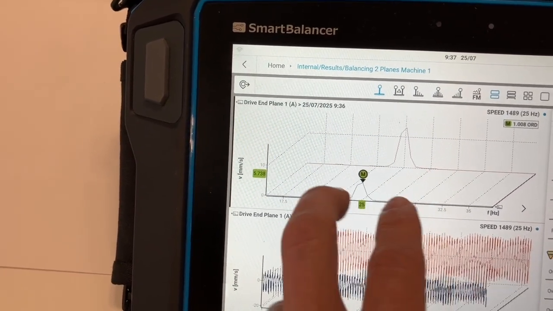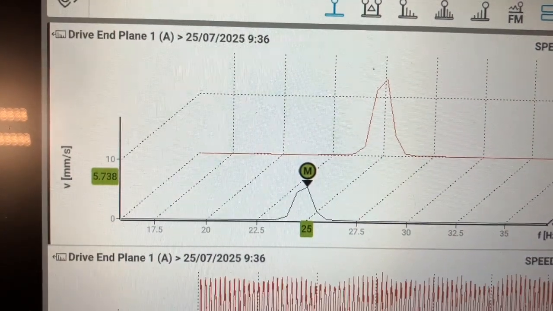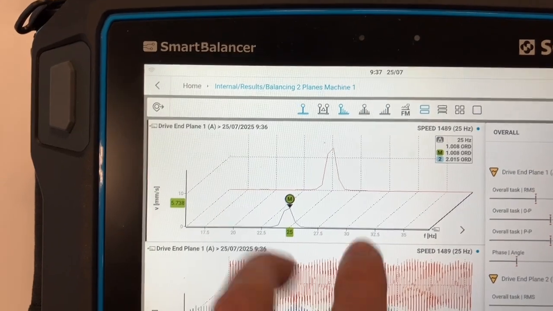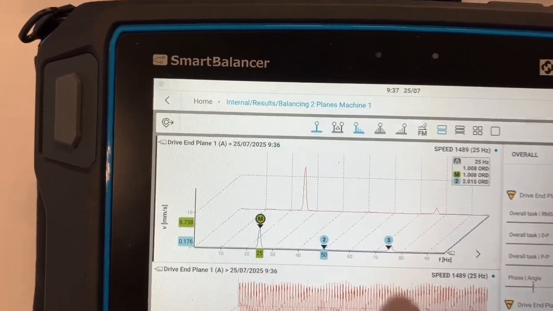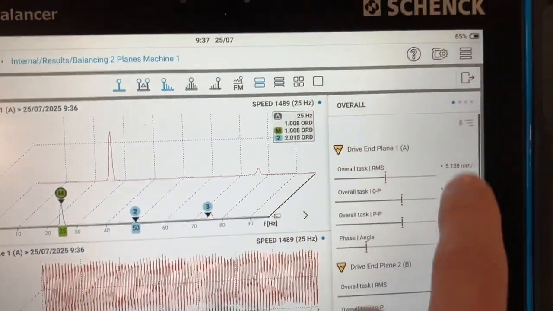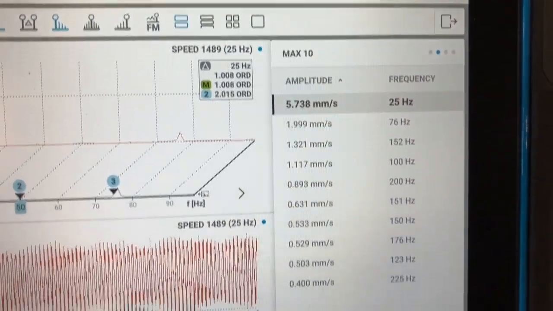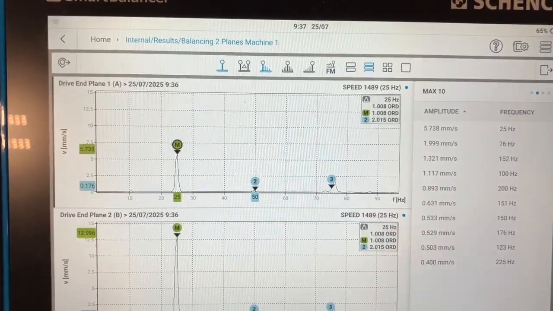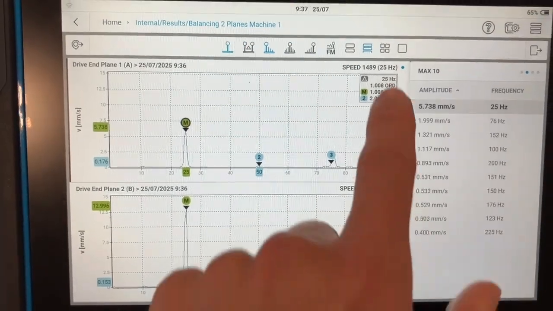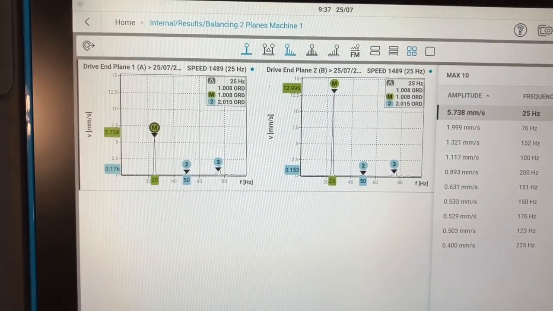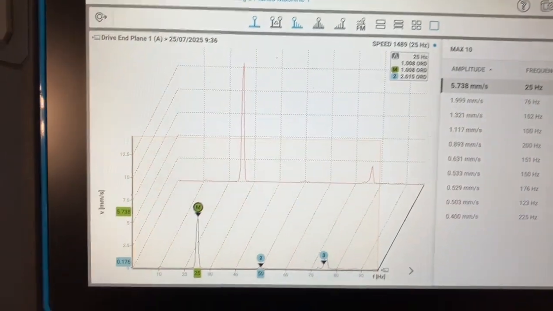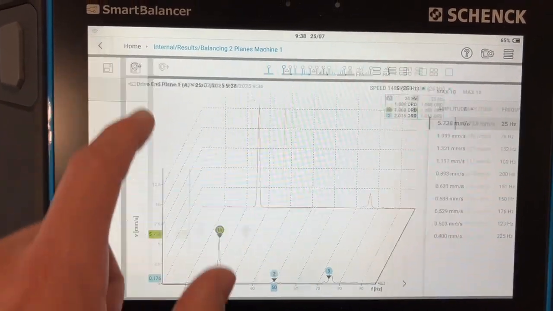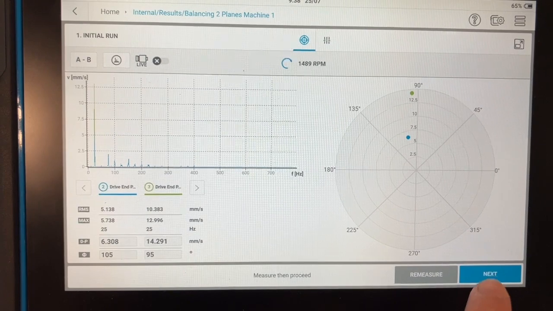This is 25 Hertz, and yes, as we see here, we have the unbalance, but we can show also the harmonics, and on the right side, the peaks, the amplitude, several different visualizations